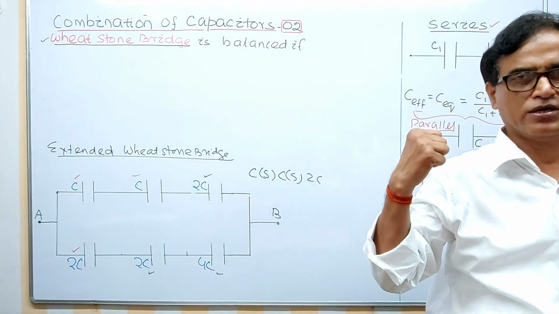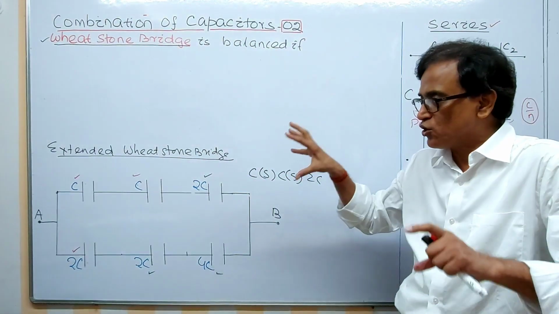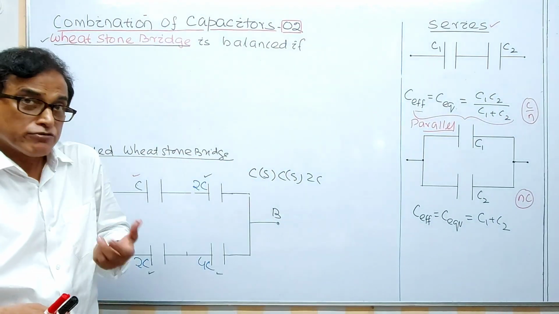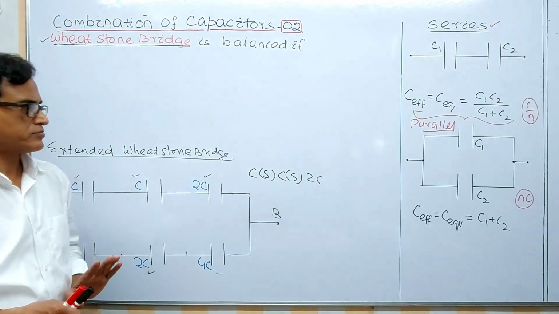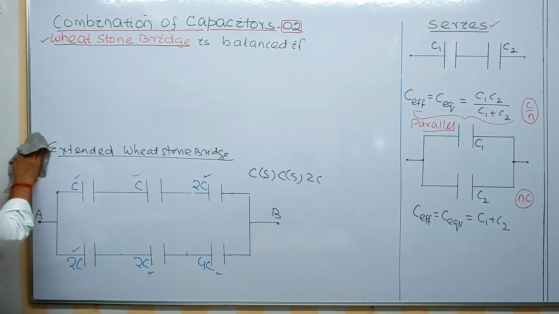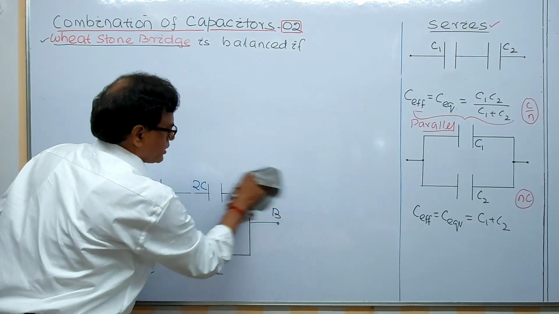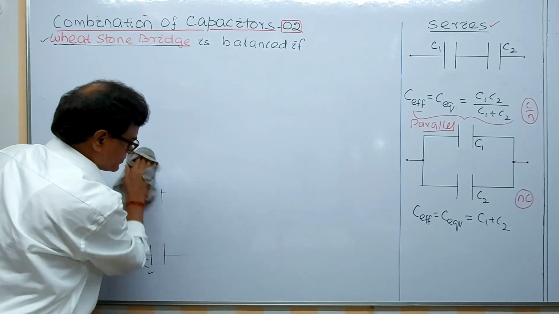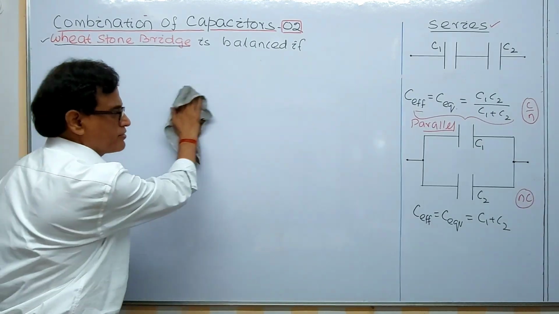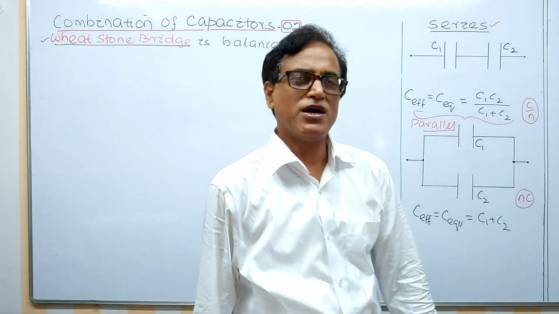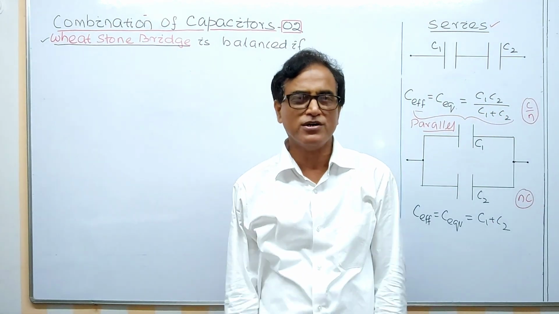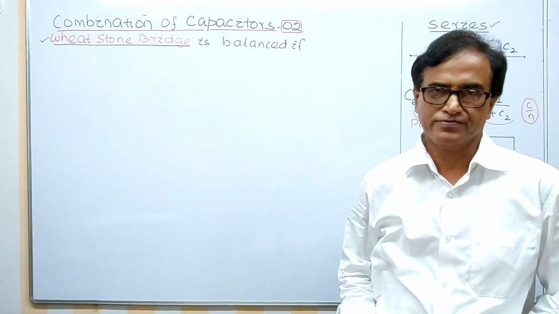Then you can calculate this resistance, and this remains a task for you. You should try this one as homework. This is the way by which you can solve these lengthy circuits. Now if you change the terminals, how do you find it? I think your idea of the balanced Wheatstone bridge is clear. You will see it whenever there are 5 capacitances and C1 by C2 is equal to C3 by C4; then you should be happy, because the central one can be removed from the circuit. The more capacitors you remove, the easier the calculations become.